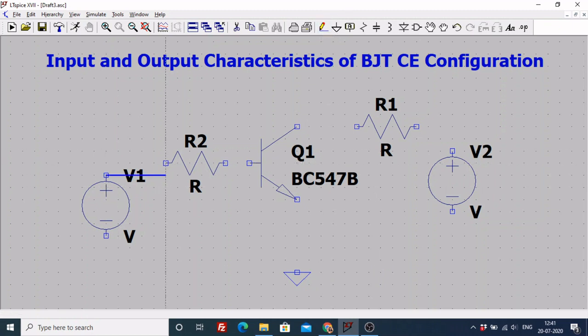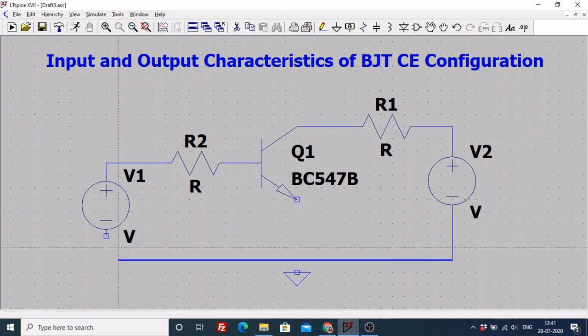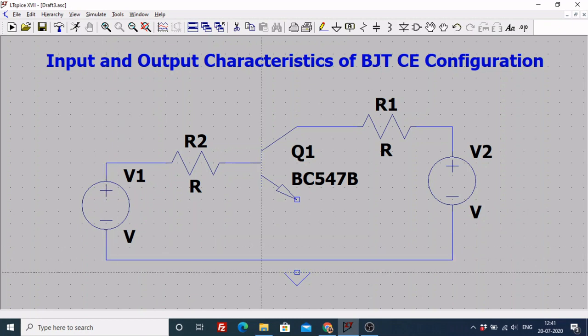Once I start making the connections, I am going to connect all the components to each other so we complete our circuit. Just like mentioned in the previous videos, for making these connections you will have to select the pencil symbol and then drag this wire through your entire circuit till you finish making all the connections. One common mistake that people make over here is they directly connect the emitter to the ground, but they forget to connect it to the remaining two parts of the circuit. So you need to see this dot here in between so that it is connected to both the voltage sources as well as to ground.